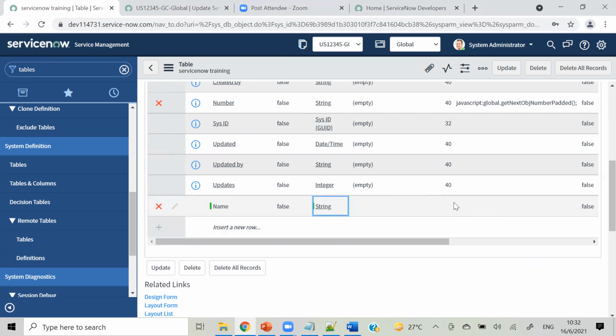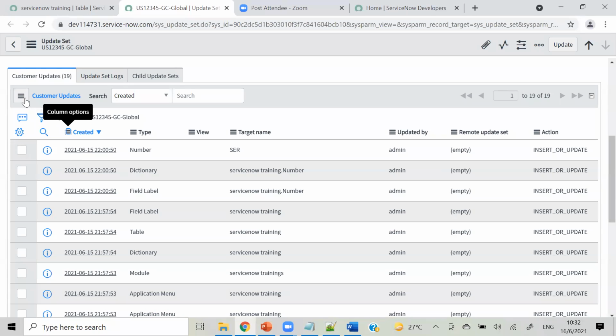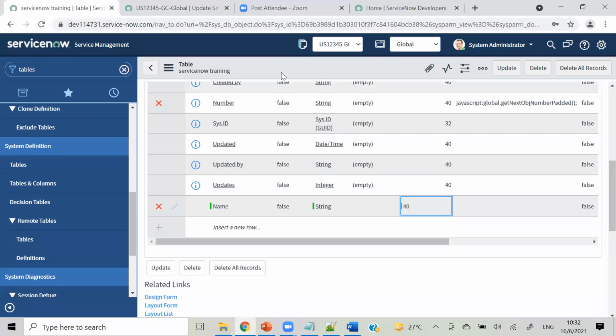And the maximum length I am giving as 40. And it got created. So let's again go to our update set and have a look if something gets changed. I think I have to save this form again.